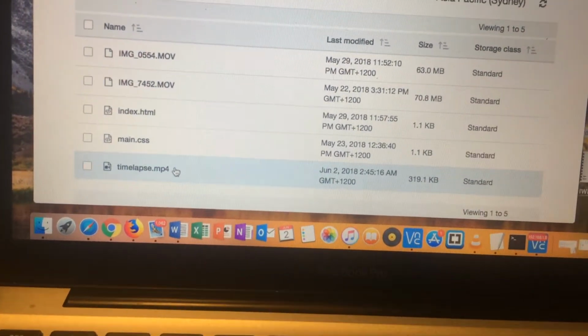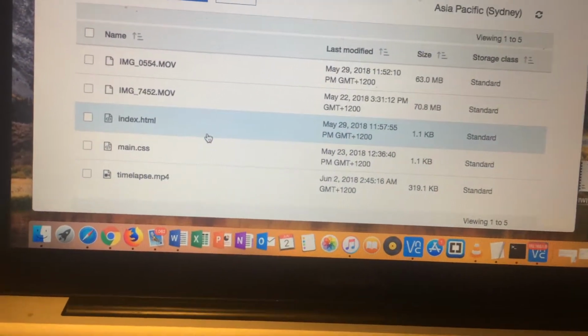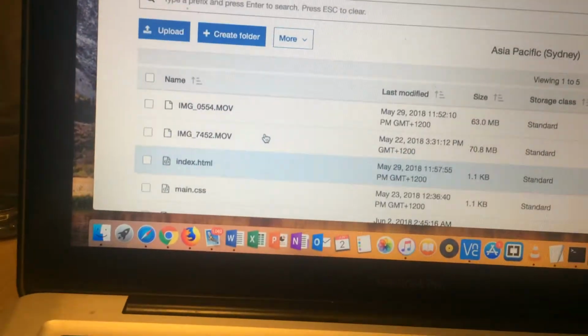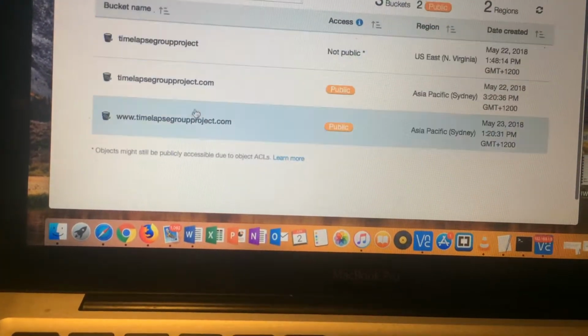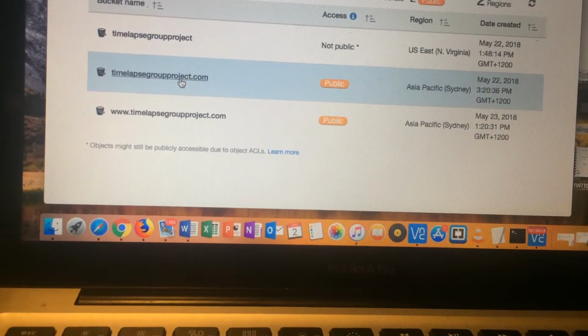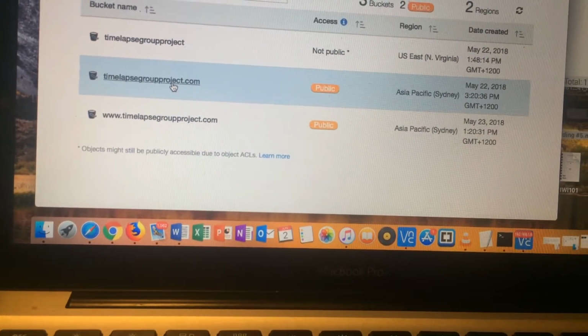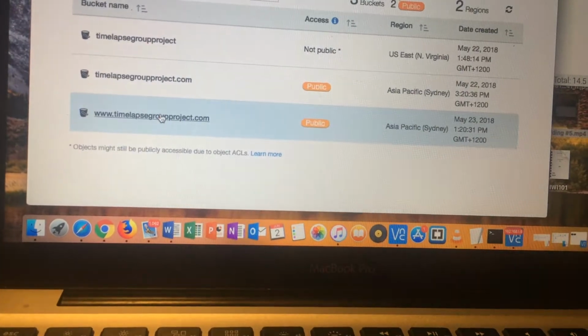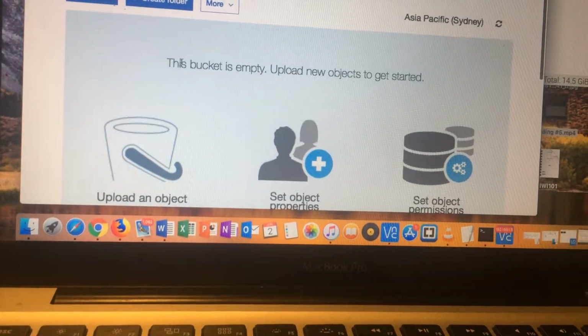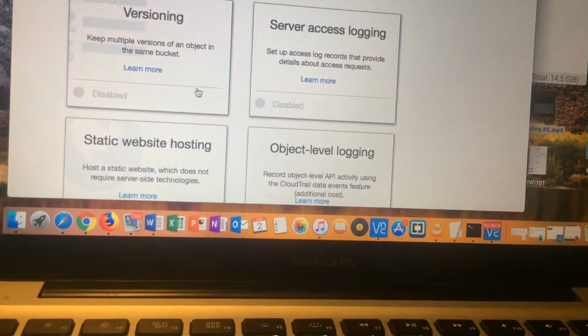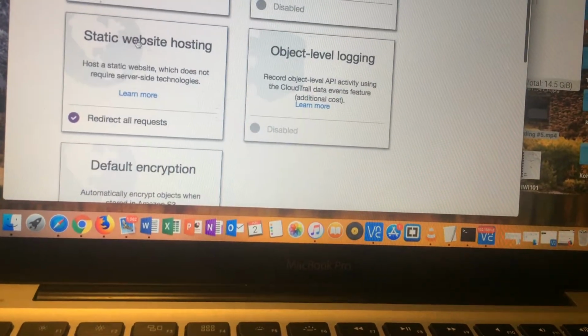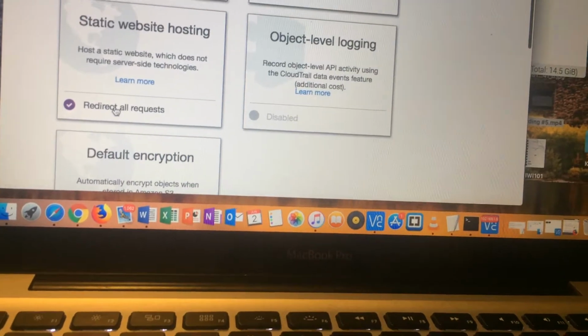So what we did for this one is, if we go back to our Amazon S3, and then if we look at this timelapse, so this is our bucket. This is my bucket, and this other bucket is a redirect bucket. Basically, what happens is, for static website hosting,